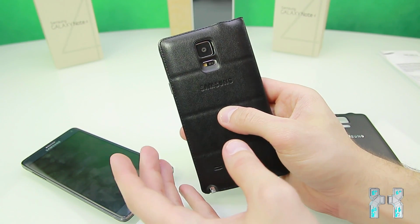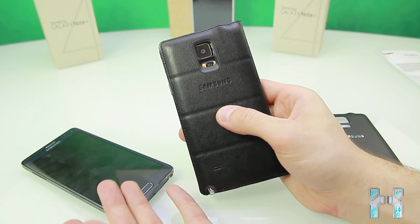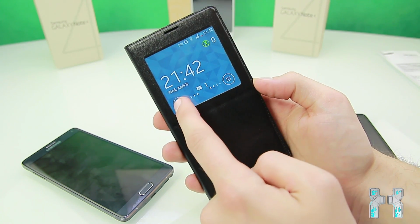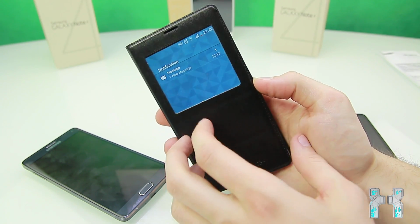That's a pretty bad thing, because now you have to decide if you want to have a big battery but no flip cover for protection in the S-View window, or if you want to have a flip cover with S-View window and no big battery. I would definitely recommend to get a big battery and no flip cover, because the battery lifetime, as I've